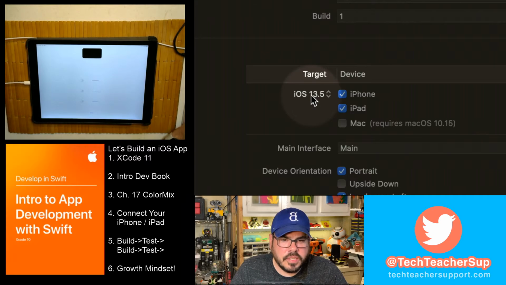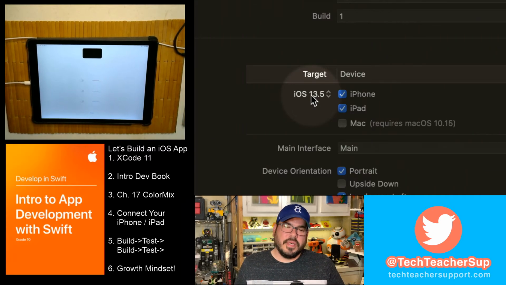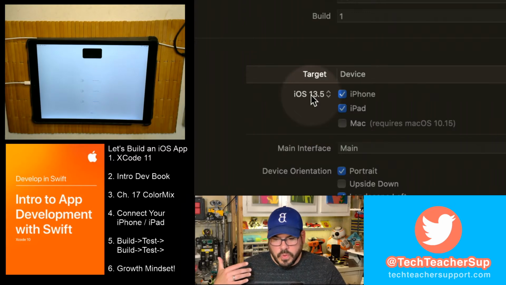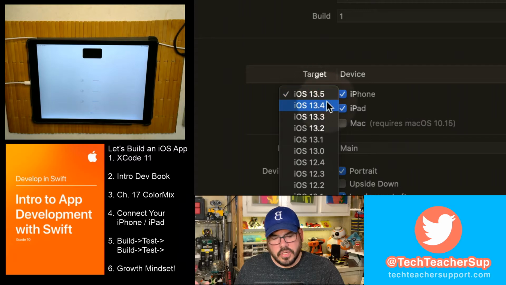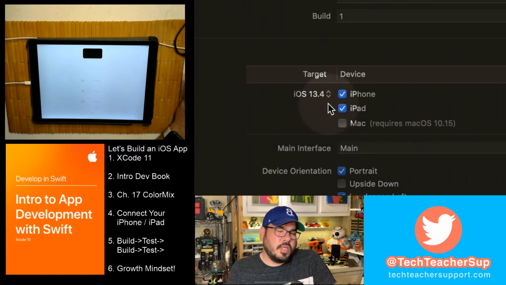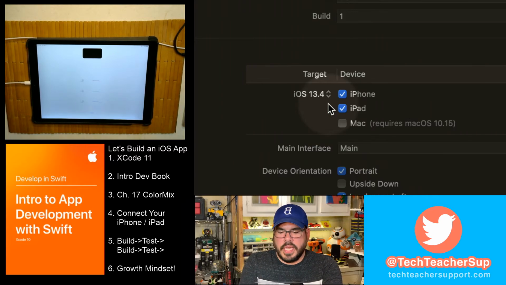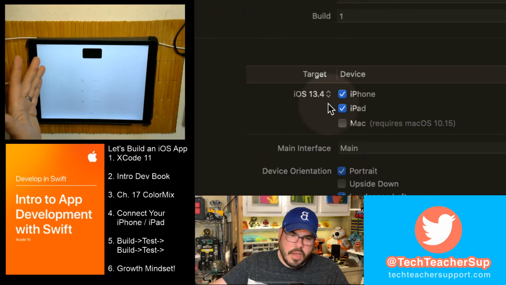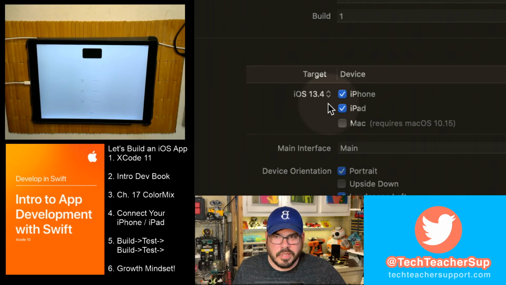Target iOS 13.5. Well, Xcode is telling me my iPad is on iOS 13.4, so let's drop that down to 13.4. I wouldn't recommend doing this if you're building a real app, but if you need to make this change so you don't have to wait an hour for your iPad to update, because we don't have time to do that on a live stream,